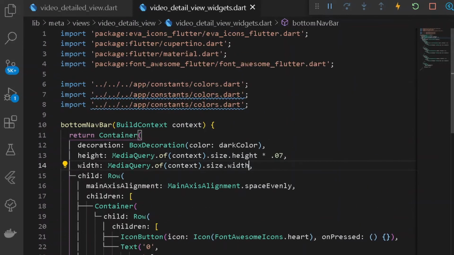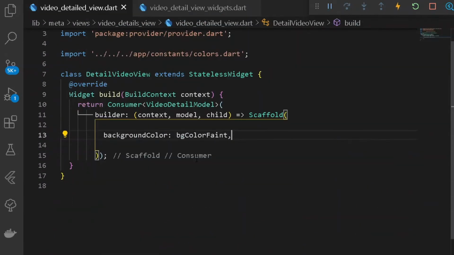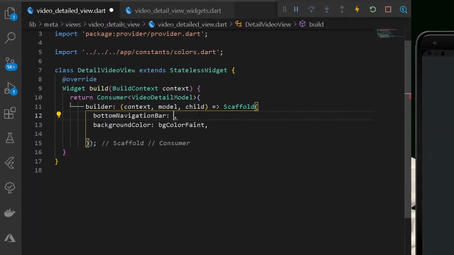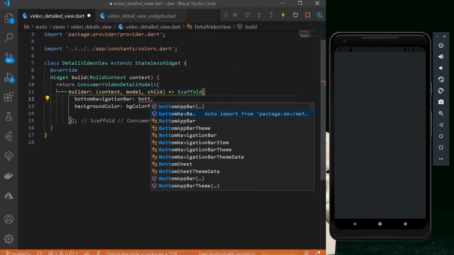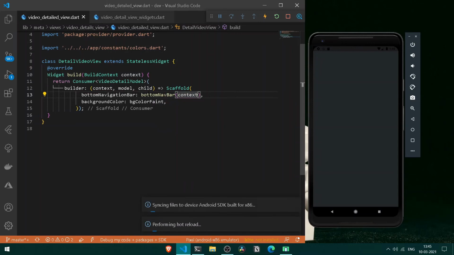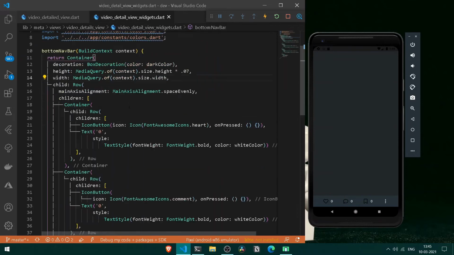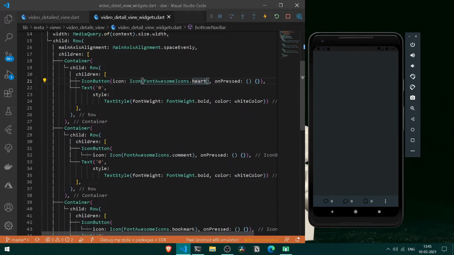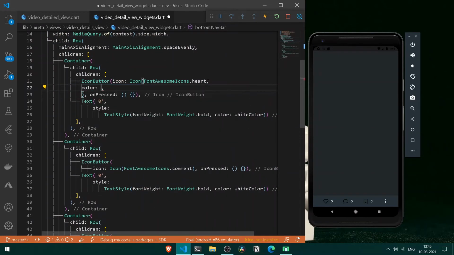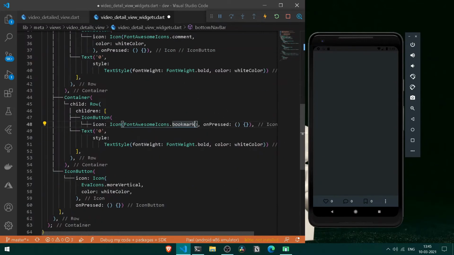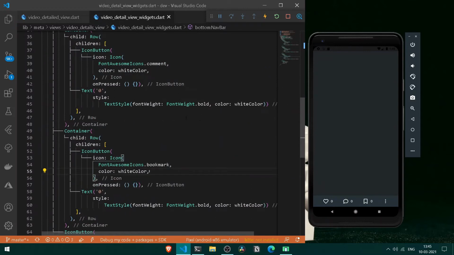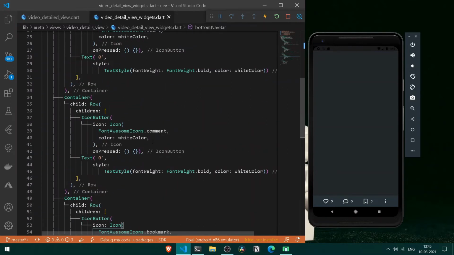So once we have done everything, let's go back under our entire view, and here we shall be having our bottom navigation bar to be a bottom nav bar. Let's try it out. Cool, so we have our entire bottom navigation bar here up and ready. Let's do one thing, that is change somewhat color of entire icons. So here let's have color of a white color. Let's copy the particular line, paste it here, and also place one more time here. Cool, so we have our cute looking entire icon bottom navigation bar up and ready.